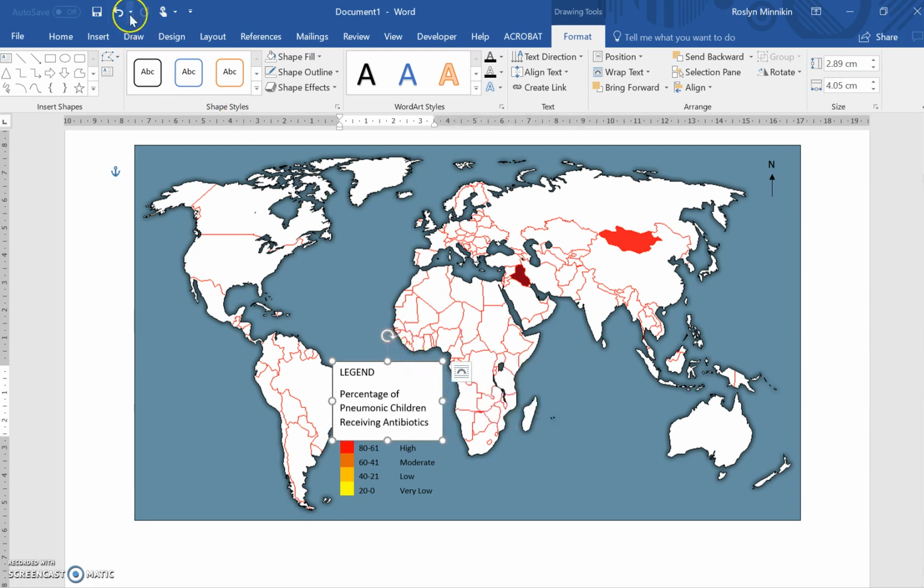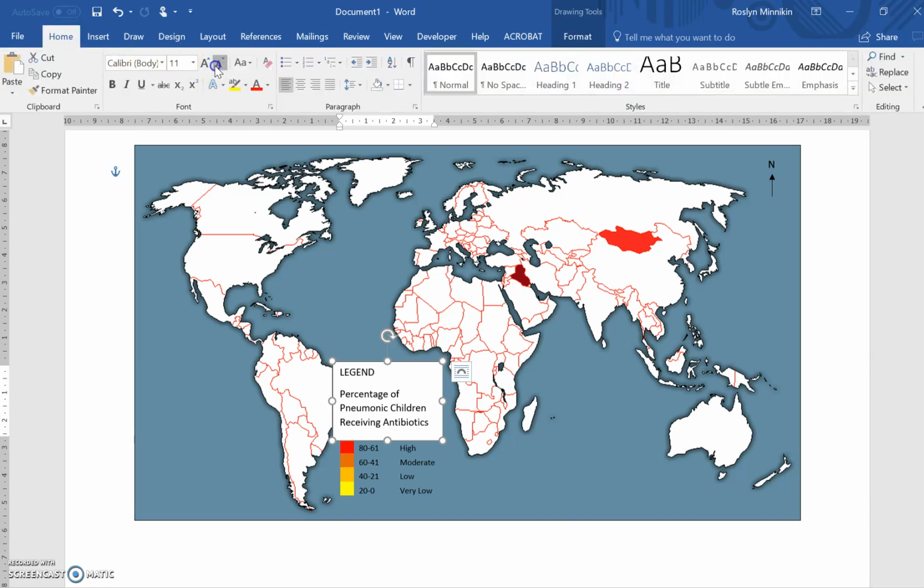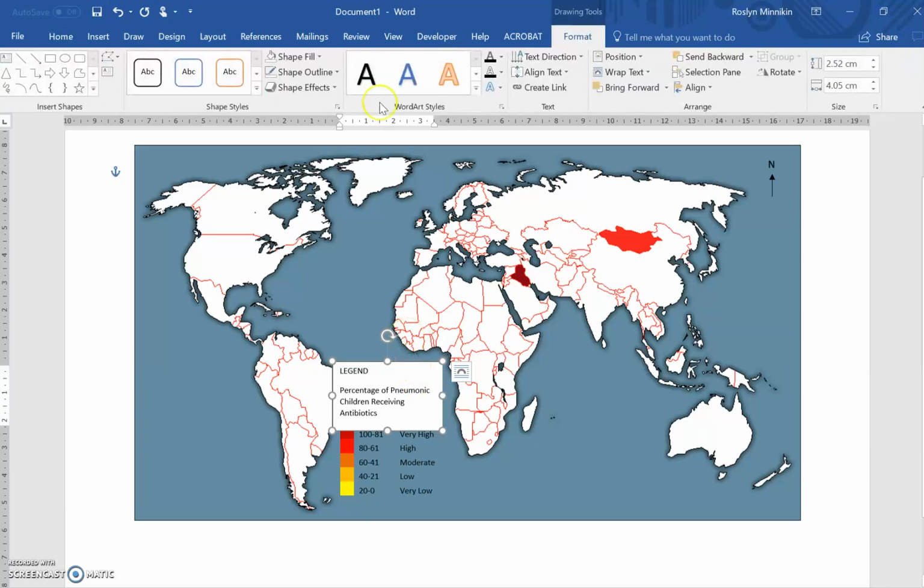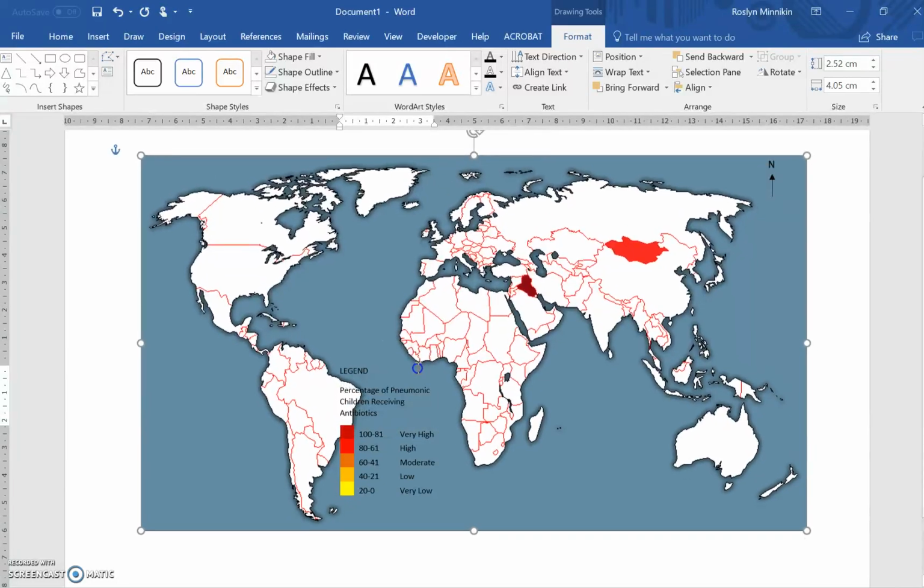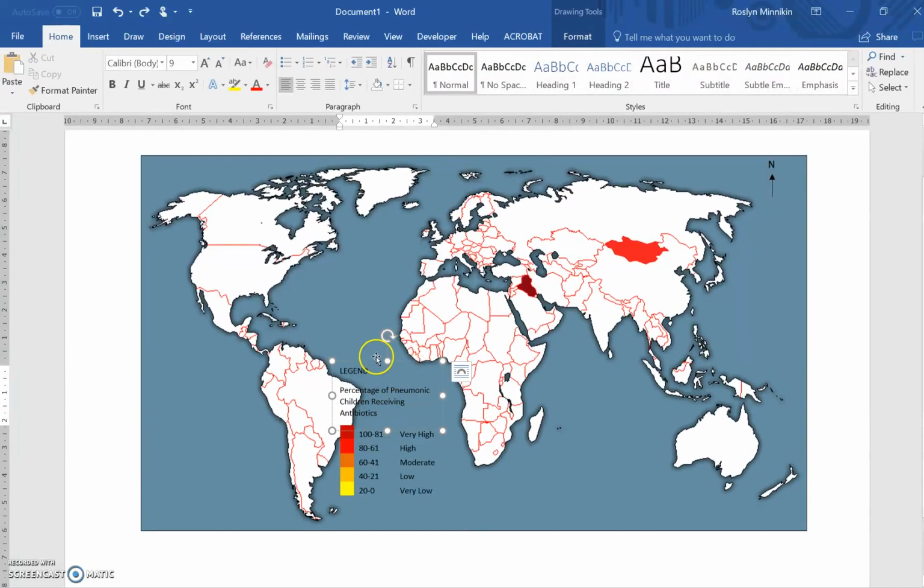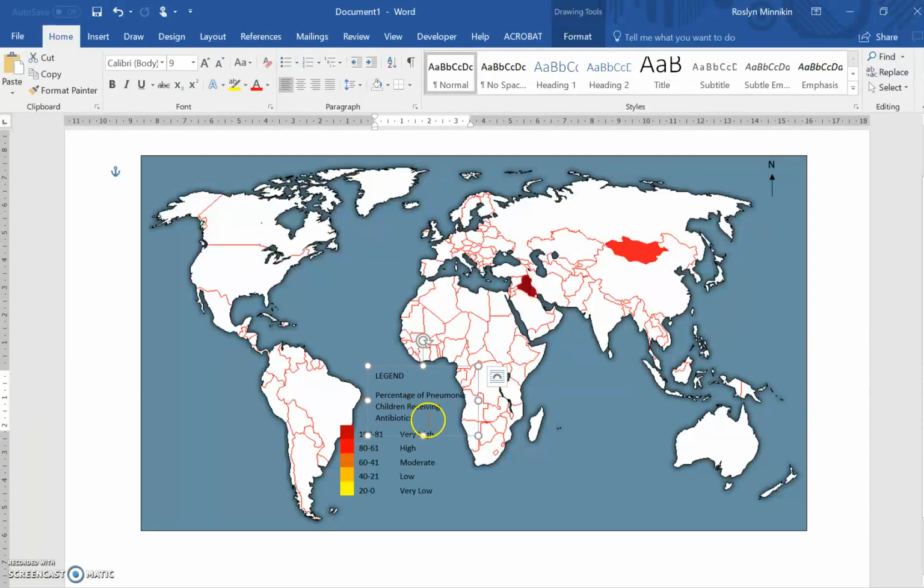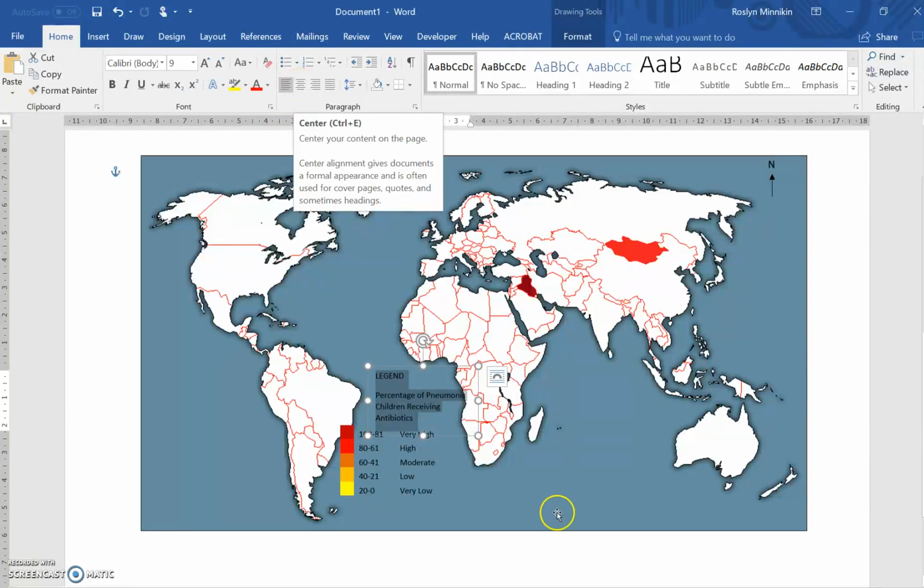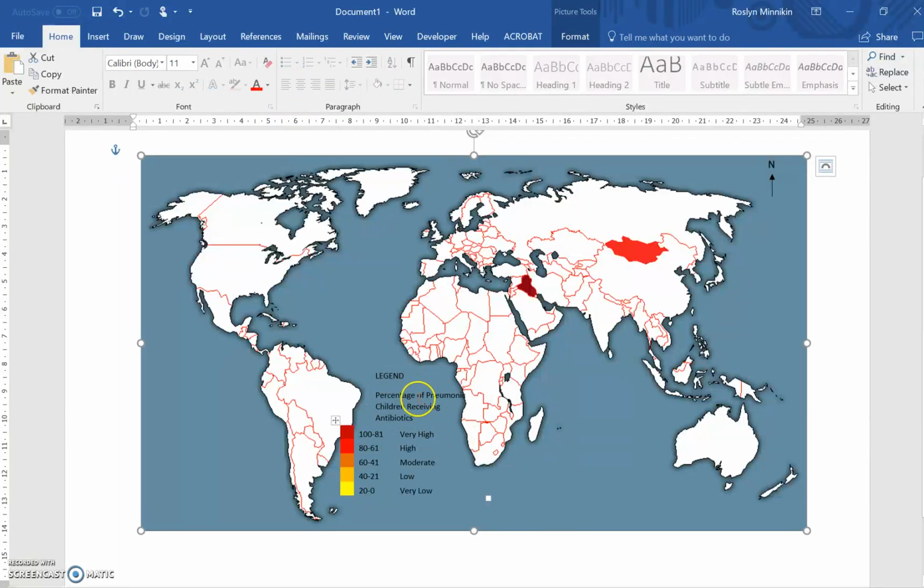What we can do again is we can reduce our font size so that it matches the information below it. We also want to, while we're on there, we want to have no shape fill and we have no outline. Again, I want it to fit nice and neatly without impacting on any of the information that's